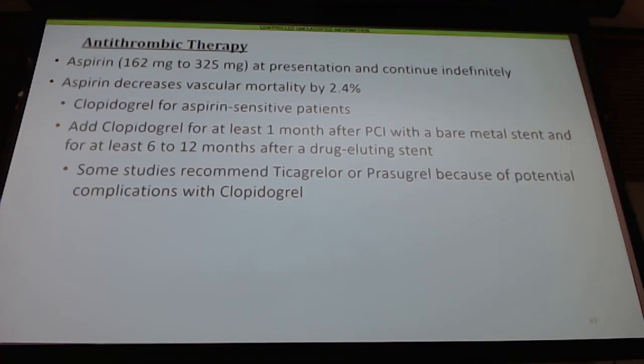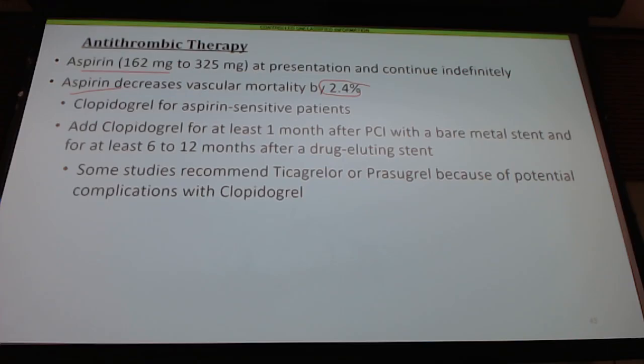All right. So what medications are we going to give and why? We're going to give aspirin. We talked about that being one of the most important things. Hopefully we can get this pre-hospital. The sooner the better, right? Because aspirin can decrease vascular mortality by 2.4% if it's administered to your patient, especially early on. So I already am improving my mortality chances.